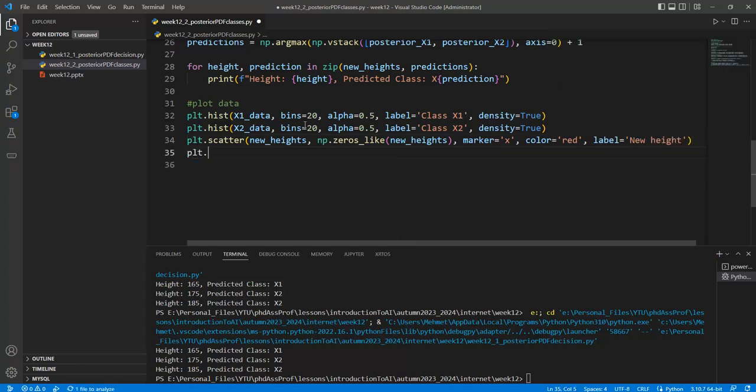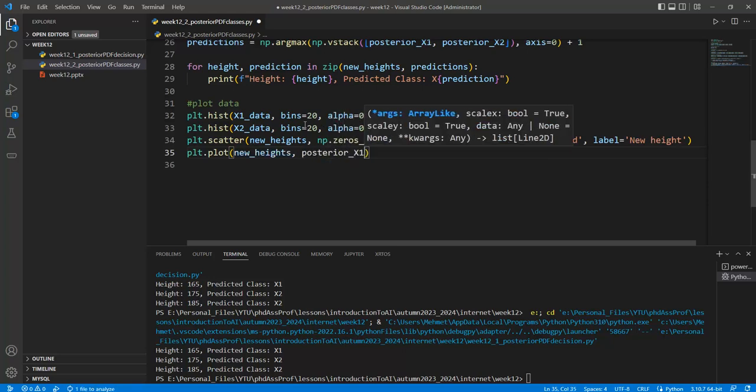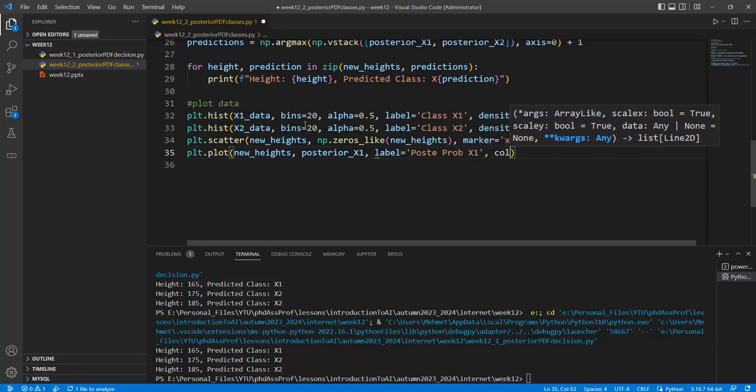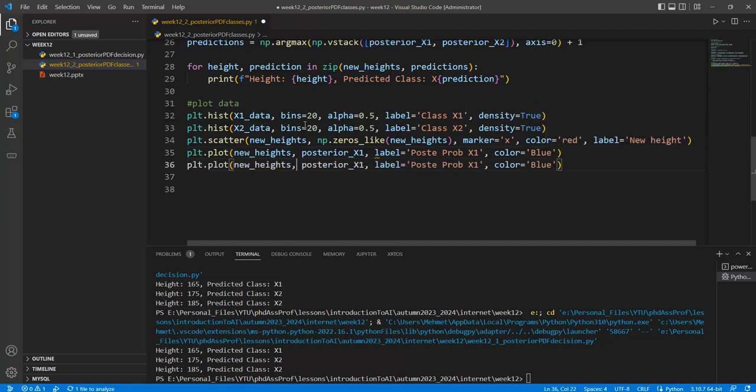So plt plot also be given new heights for a given posterior probabilities x1 and label posterior prop x1 and color is assigned with the blue and x2 is the green. Okay,